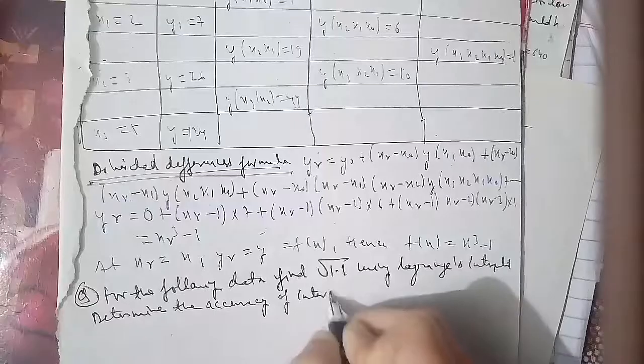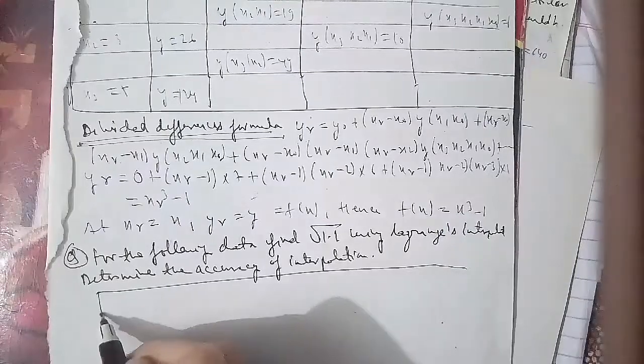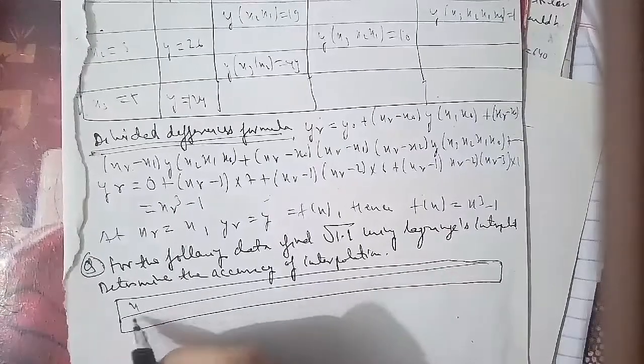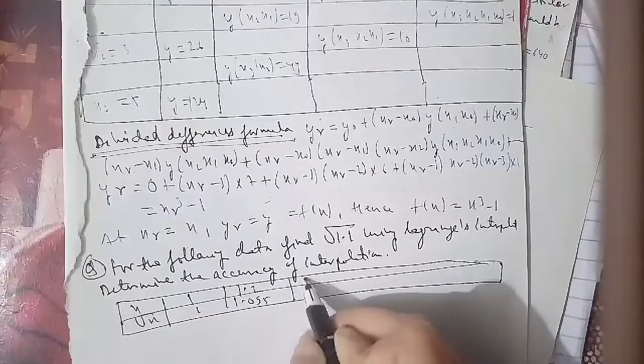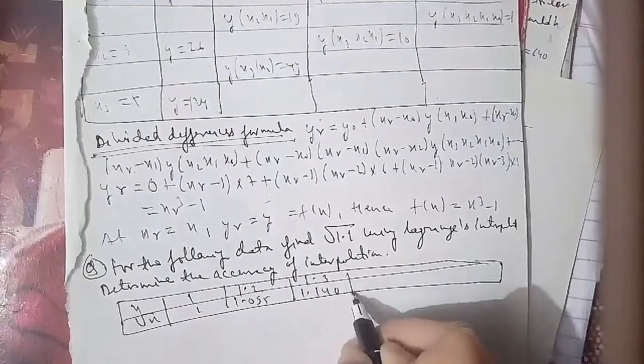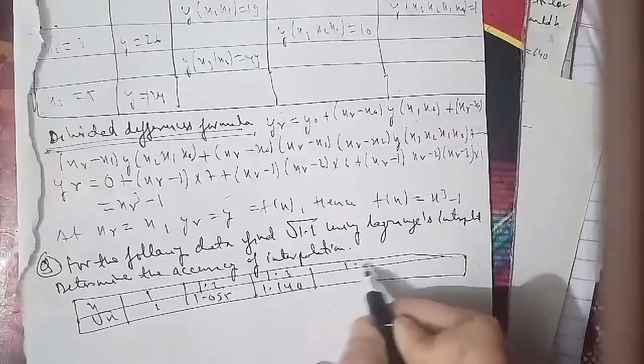Here x0 equals 1, x1 equals 1.2, x2 equals 1.3, and x3 equals 1.4, where y0 equals 1, y1 equals 1.095, y2 equals 1.140, and y3 equals 1.183,